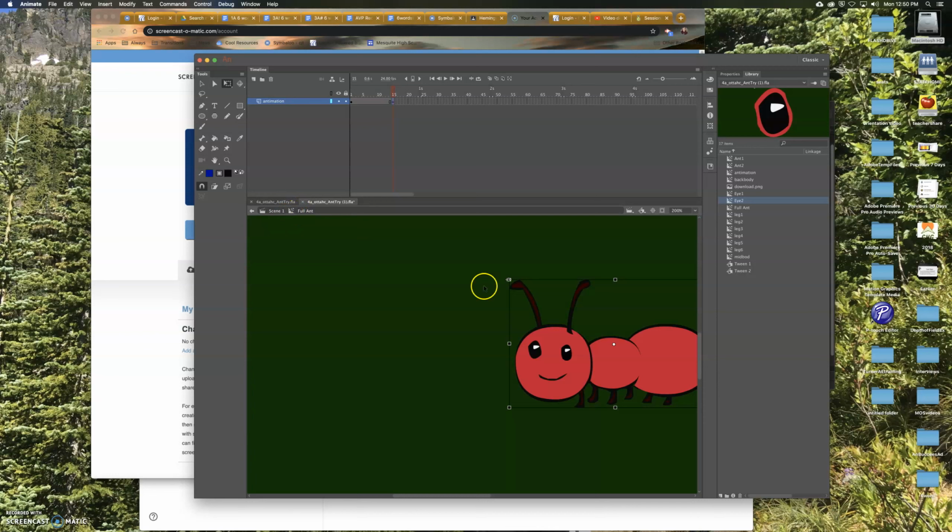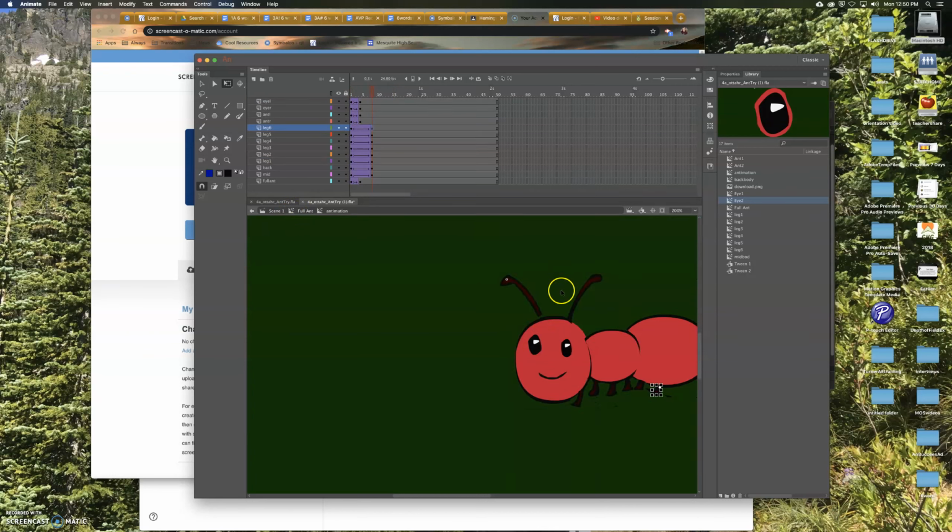So those movements aren't exactly natural. I'm going to go back into this symbol. I'm going to need to do a little bit more adjustments on the legs, like transforming the feet a little bit so that they move back and forth a little bit more. And then add more keyframes. I like that one. Okay, so insert keyframe, insert keyframe. And they probably shouldn't move all at the same time like that. So figure out what's natural and adjust